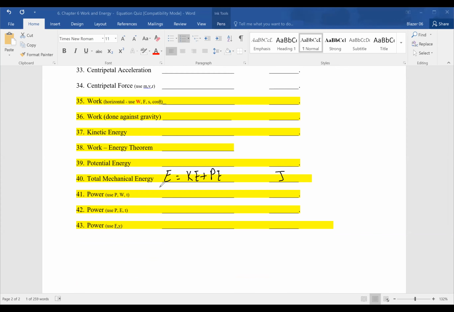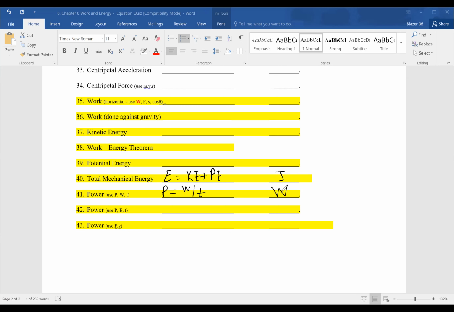Then we did power. And power, we said, is work per unit time, and that's in watts. So you notice now that we have uppercase W for the unit of work. In the equation we use for work, we use uppercase W, and for power, the unit, we use uppercase W. So of course you know that in the equation, the uppercase W stands for work. As a unit, the uppercase W